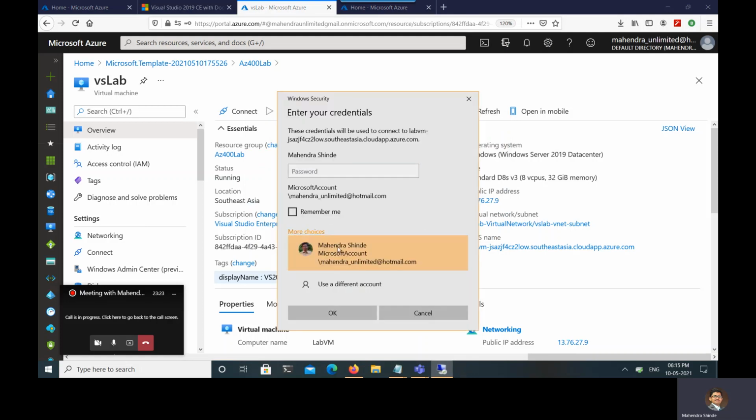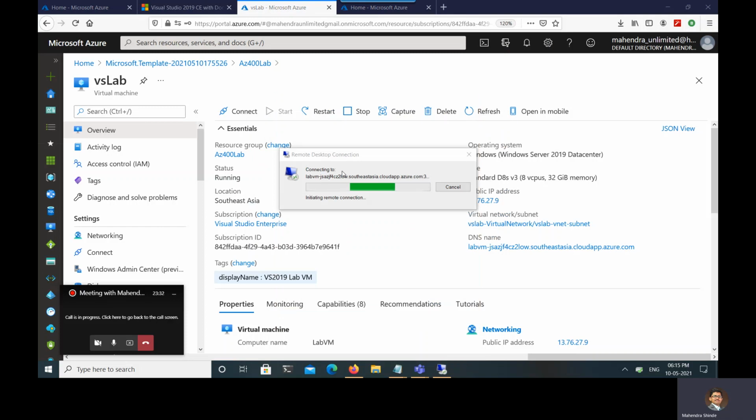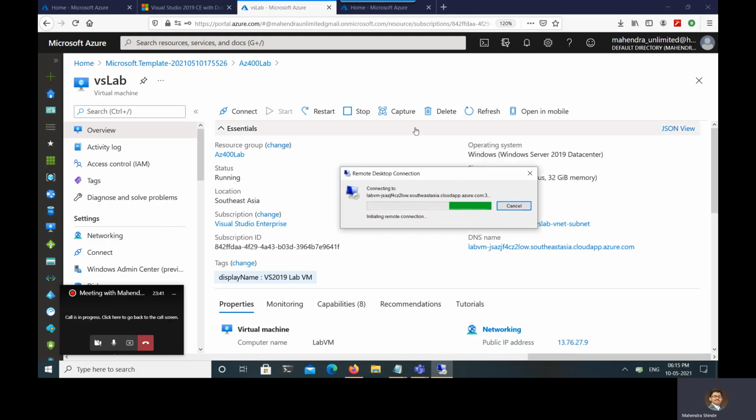Yeah, it's working now. Make sure that you use the same username and password that you entered while creating the VM. Enter the username and password, press the Connect button, and it will take you inside the machine using RDP.